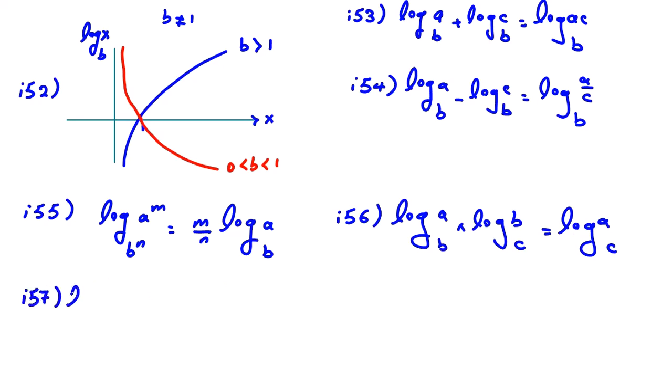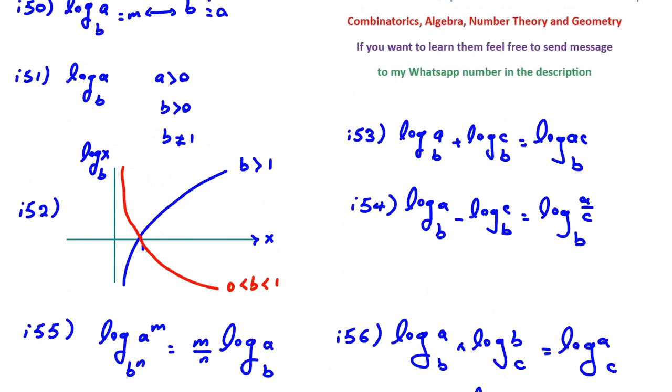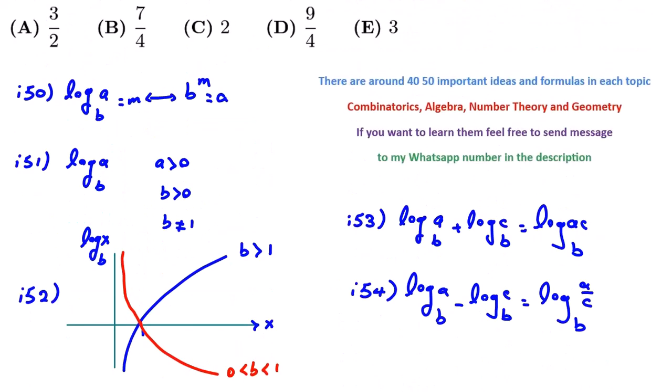Idea 57, when you see ln of, for example, a, it's log a to the base e, Euler's number. Idea 58, sometimes we want to find, for example, log a to the base b. So you can say it's log a over log b, and the bases are equal. For example, you can say n is c. Okay, this is the application of these. So we worked on the graph, on all these things. Okay. Now,